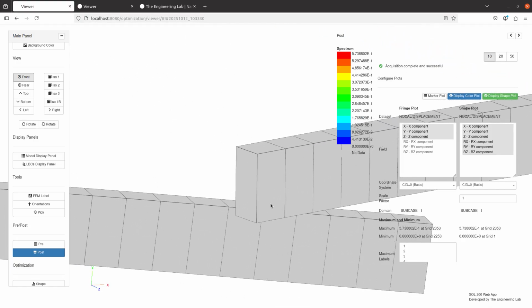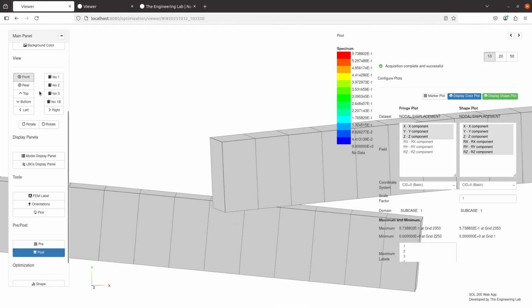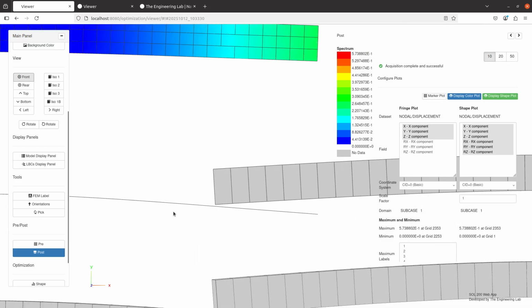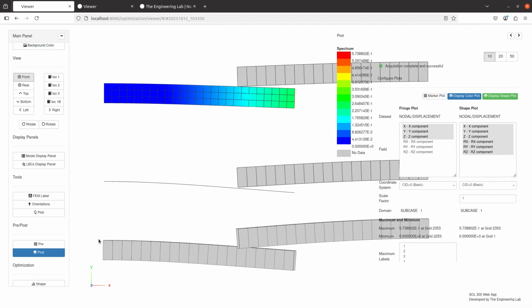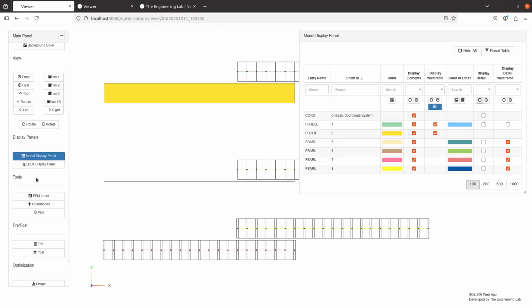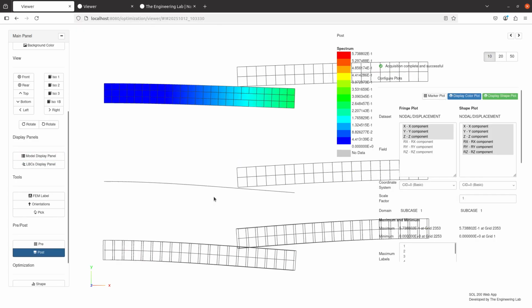So there you have it. That is how you set up beam contact analysis with MSC Nastran. Now, let me go ahead and take some time to do a few other things. Maybe you want to look at a